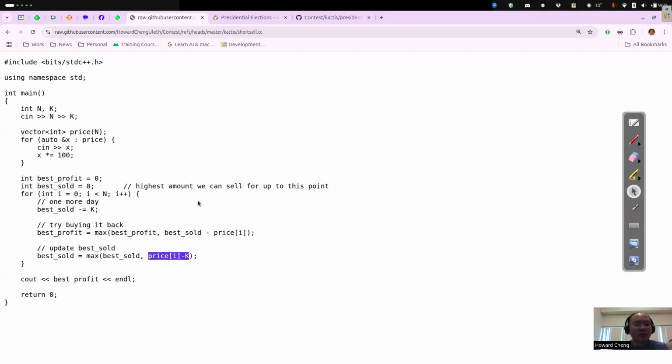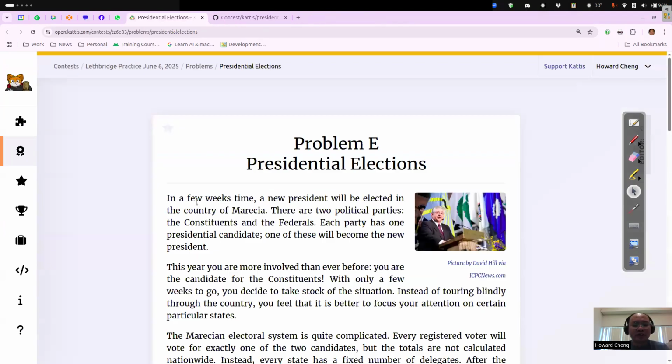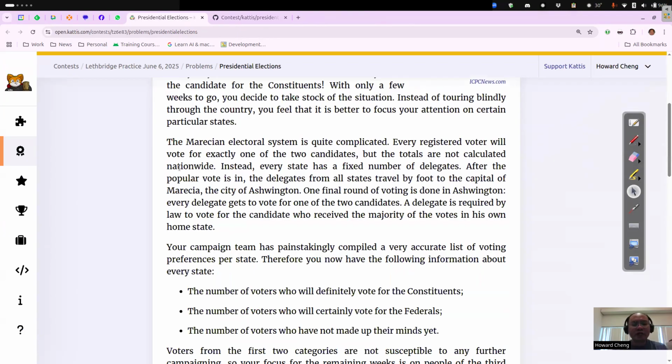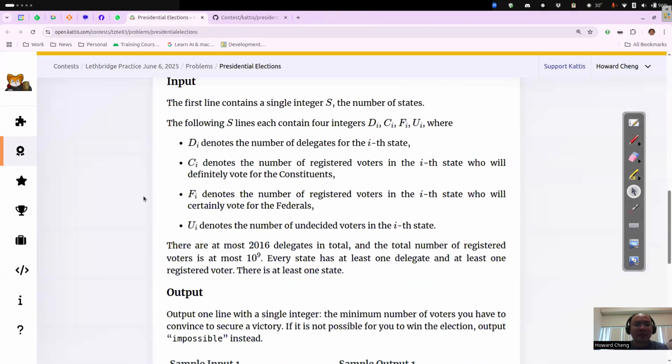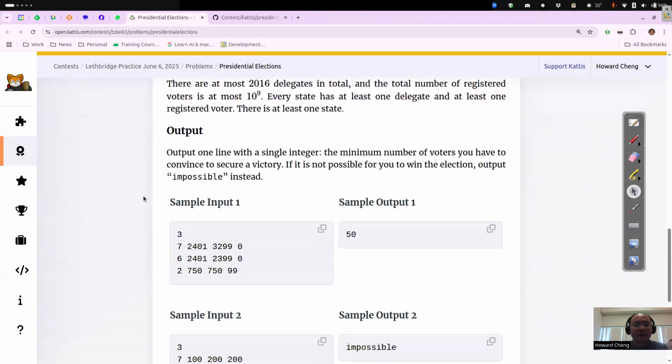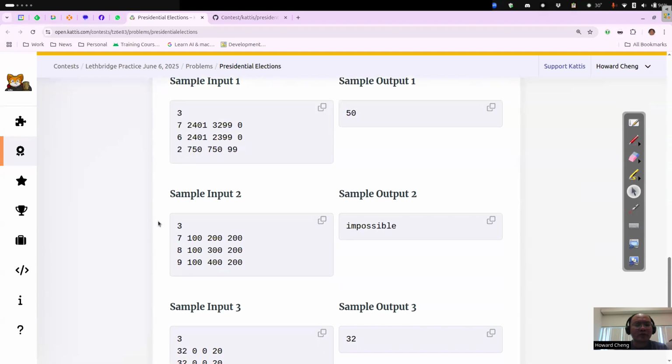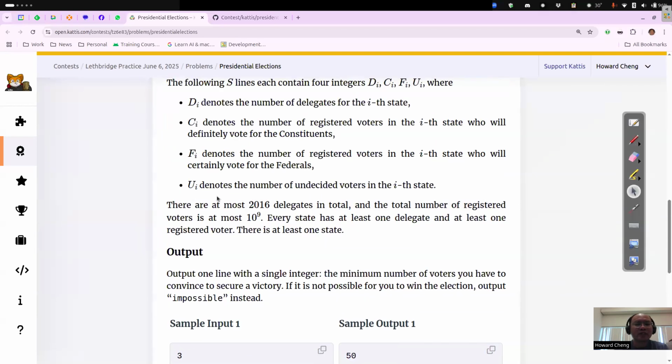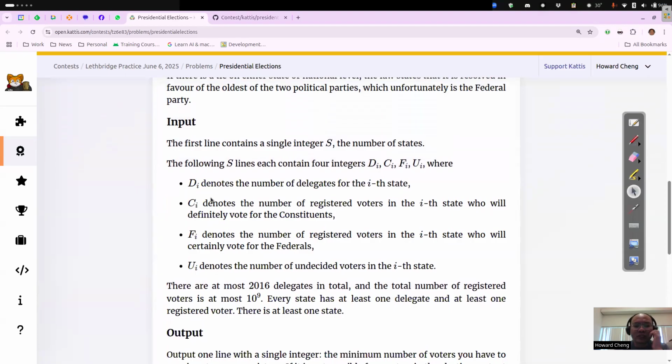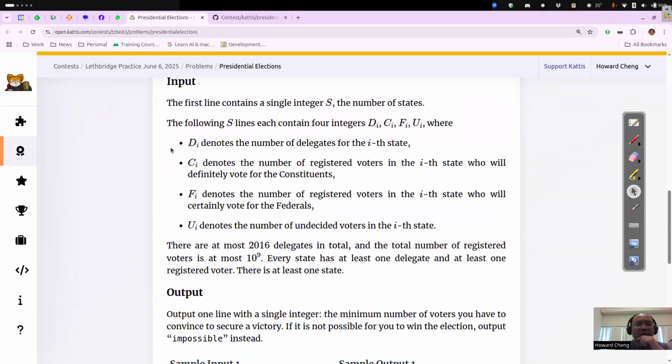Okay, the last problem, presidential election. This one is pretty complicated, and I'm not going to show you the full code. Well, maybe I'll show you the full code. Basically, you have these districts or states where each state holds a certain number of votes, D_i,